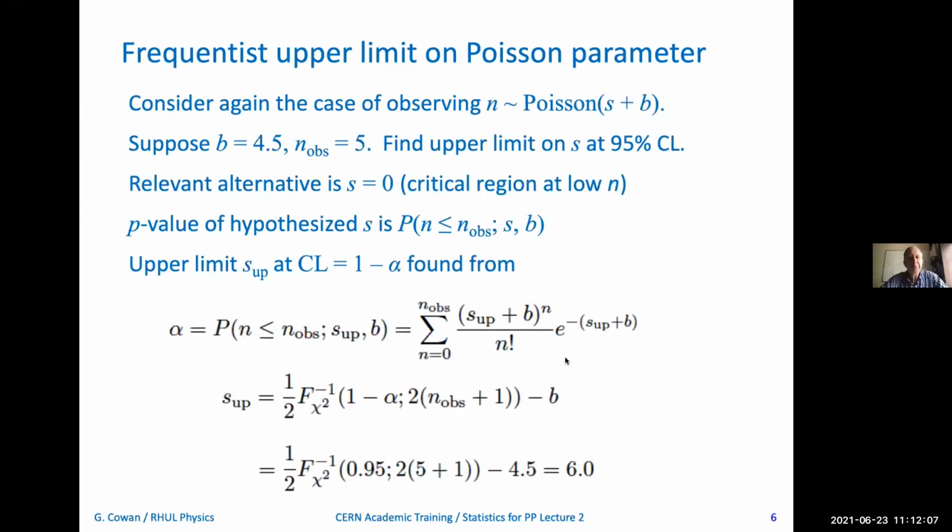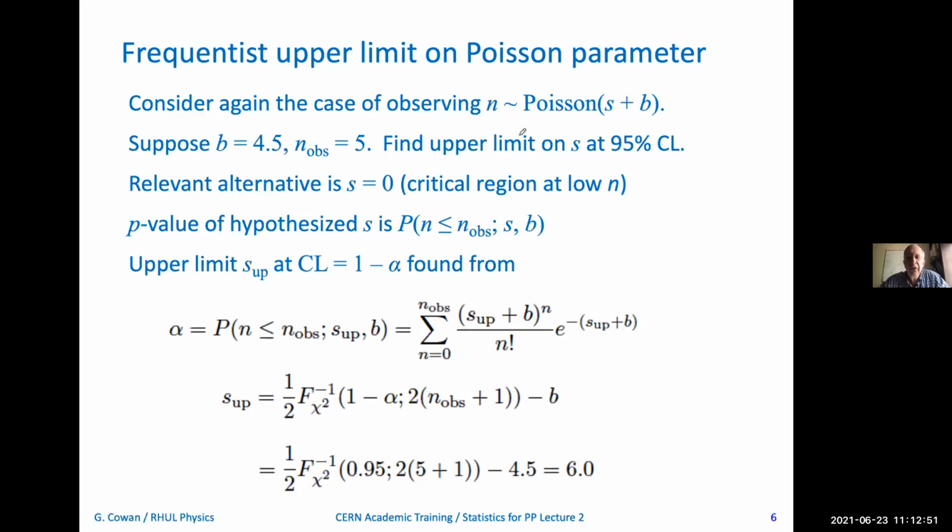Let's do an example. So let's go back to the case that we considered yesterday of observing a Poisson distributed value n, and the mean of the Poisson variable is equal to s plus b, where, as before, s is the expected number of signal events and b is the expected number of background events. And let me assume, as before, that b is known, but I think in the example that we talked about yesterday, b was 0.5. Now let me suppose that b is 4.5. And we observe 5 events. Now, that's not horribly unusual, because if the mean of a Poisson variable is 4.5 and you see 5 events,